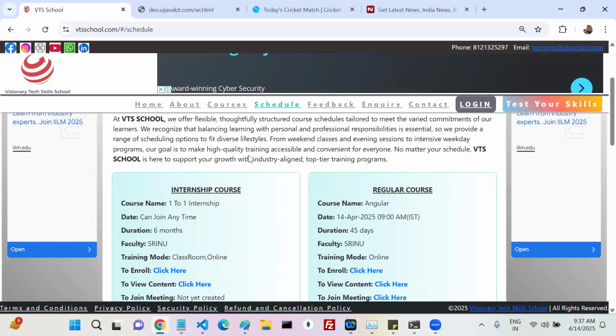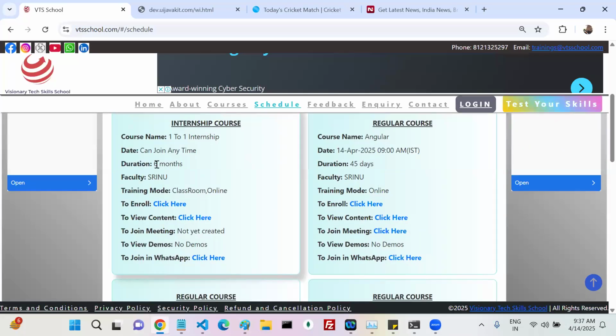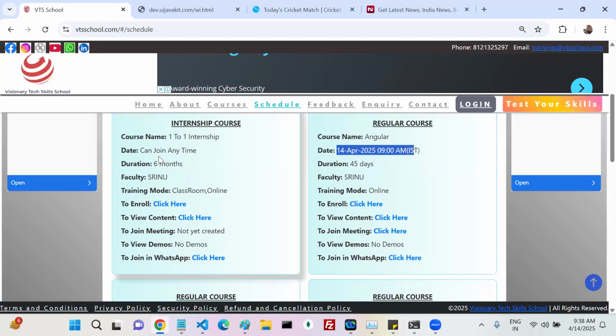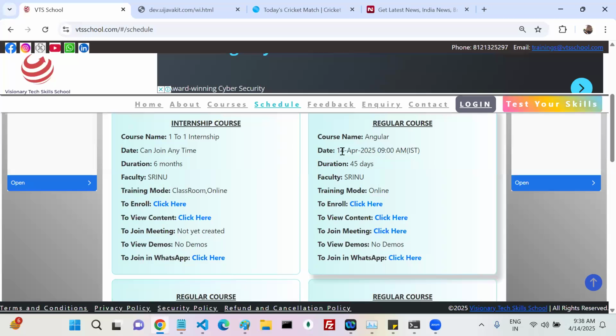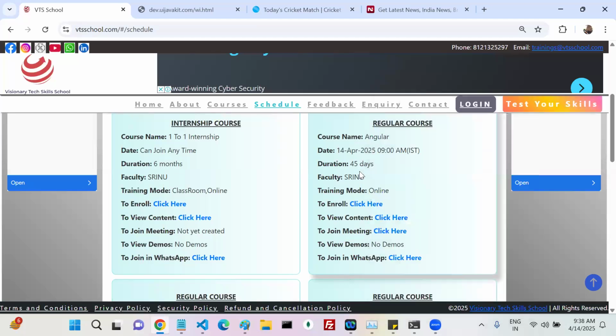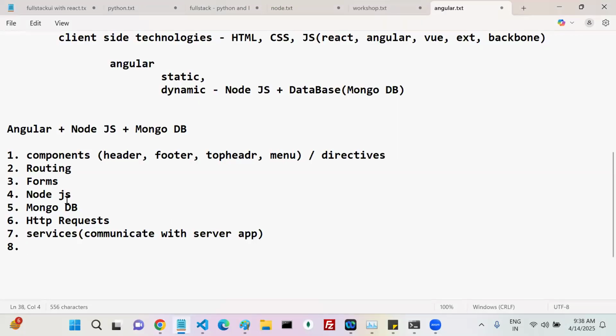If you come here, the duration is like 6 months, it's like 45 days, and this is the date. This kind of validation, where do we do it? In the forms only. The duration is like 45 days, this is a required field or not a required field. Somewhere you have to validate all of these. Mandatory fields you have to validate. Where do we handle this? Form validations, within the form only. You create a form and you have to validate that form.